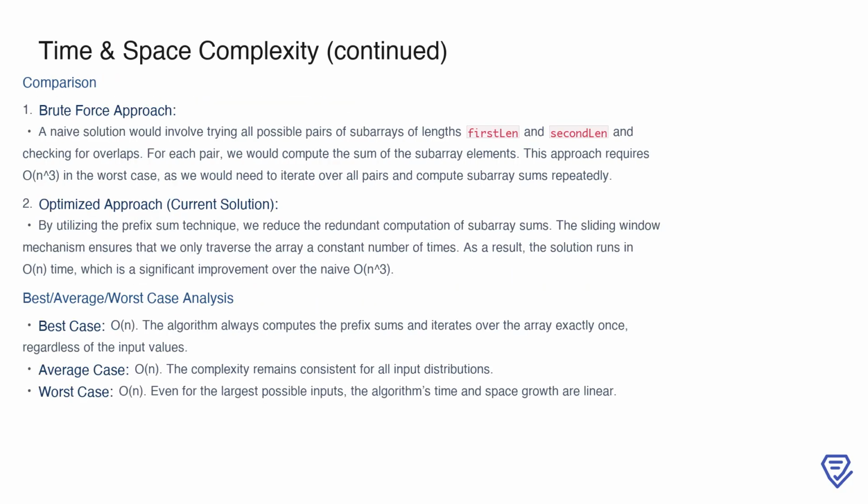When comparing this optimized solution to a brute force approach, the improvements in efficiency become clear. A naive solution would involve iterating over all possible pairs of subarrays of lengths first len and second len, checking for overlaps, and recalculating the sum of elements in each subarray. This would result in a time complexity of O(n cubed) in the worst case due to the nested iterations and